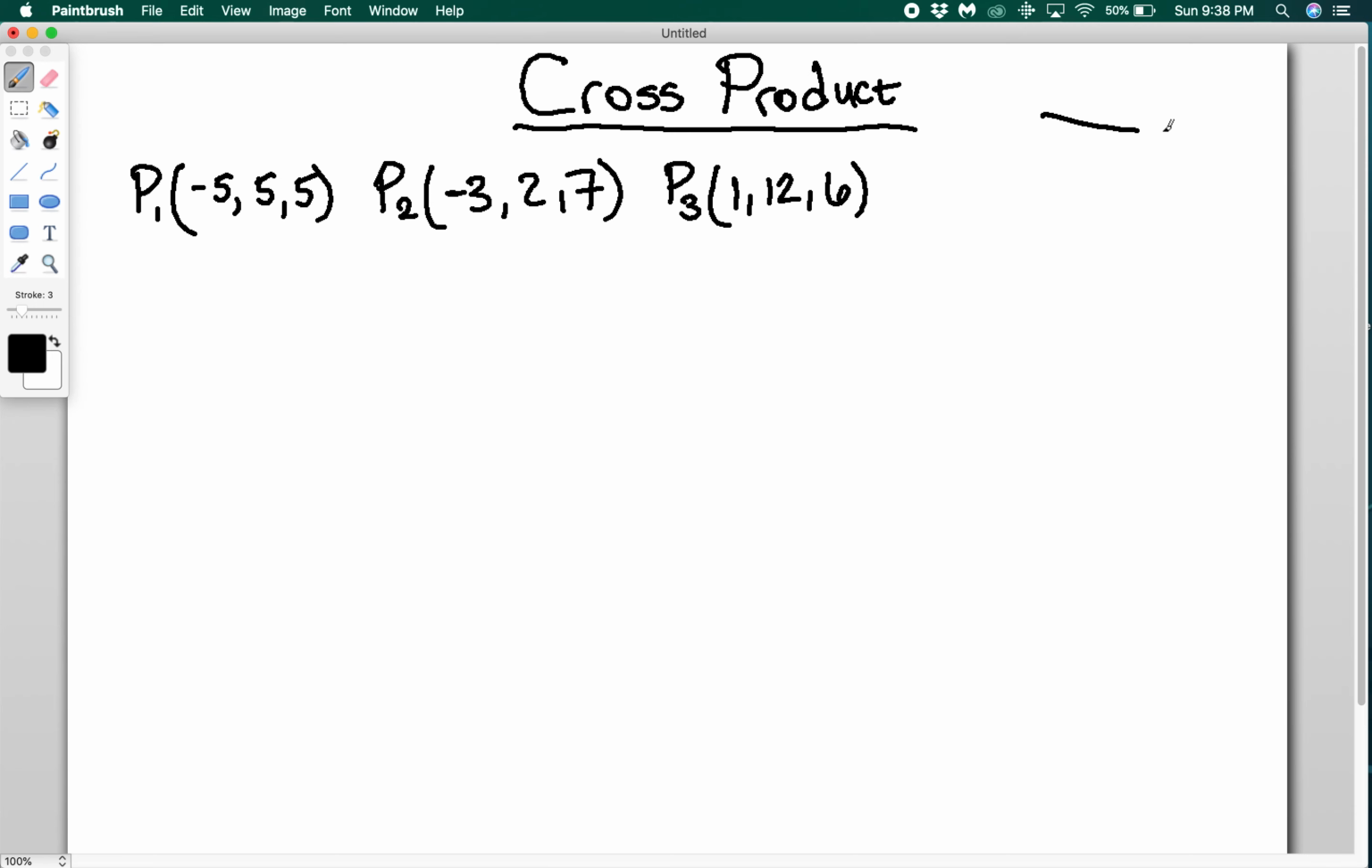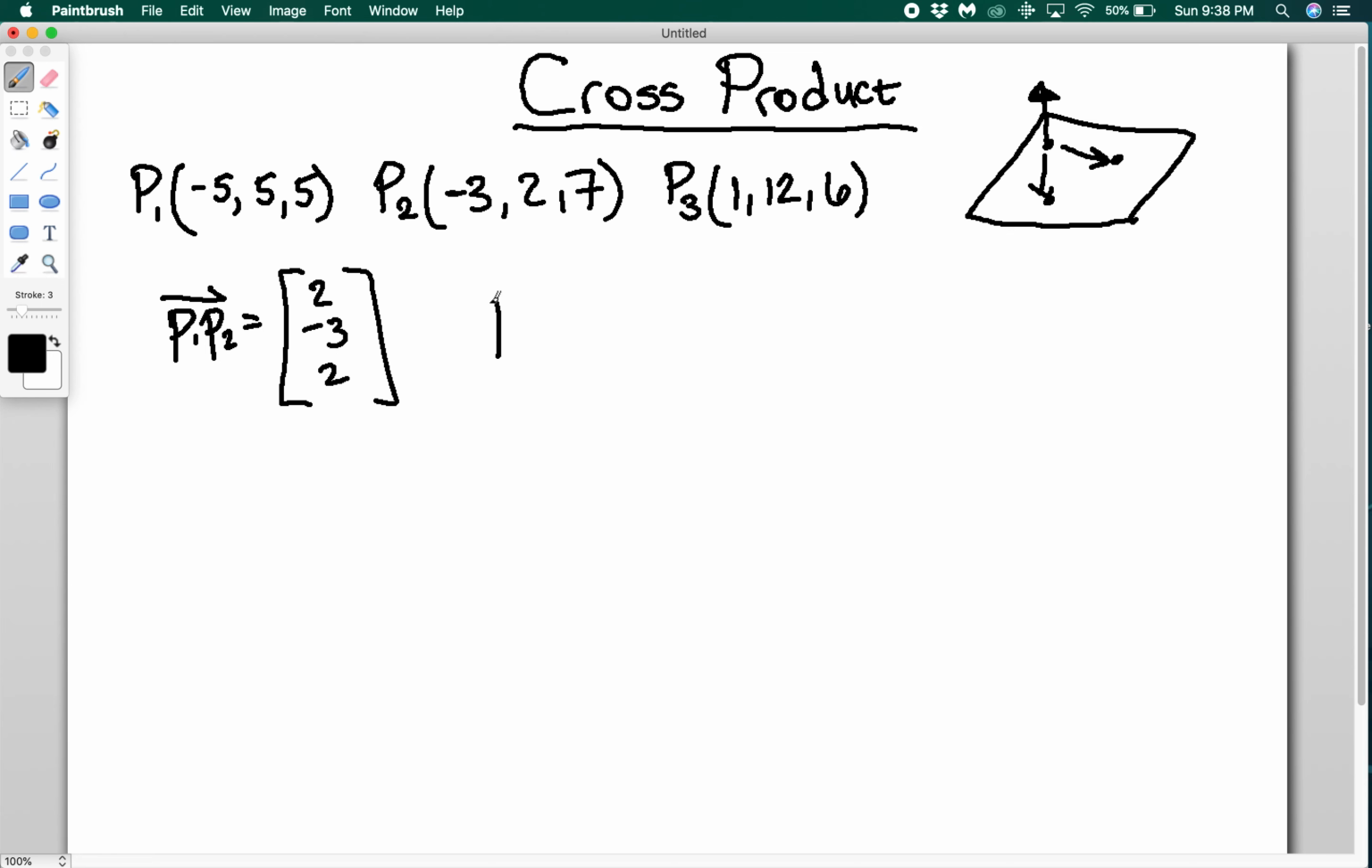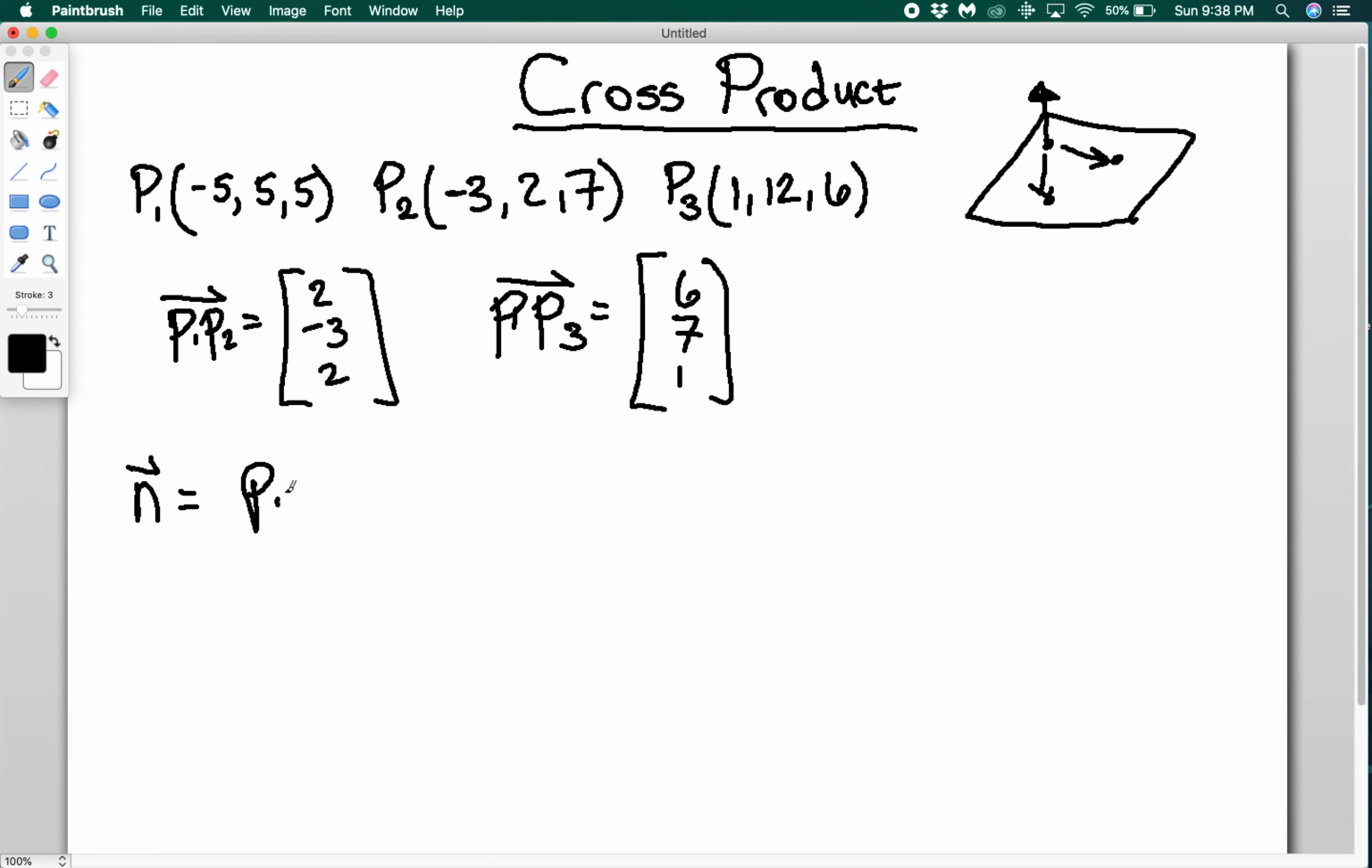So if I have my plane, what a crappy plane, and I have my 3 points, if I find this vector and I find this vector and I cross them, I get a normal vector, right? So let's do that. Let's find vector P1P2. And if I find vector P1P2, I'm going to get <2, -3, 2>. And vector P1P3 is going to be equal to <6, 7, 1>. And then I can cross these, right? So my normal vector is going to be equal to P1P2